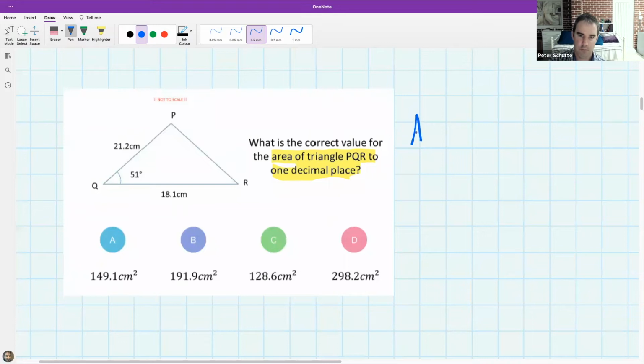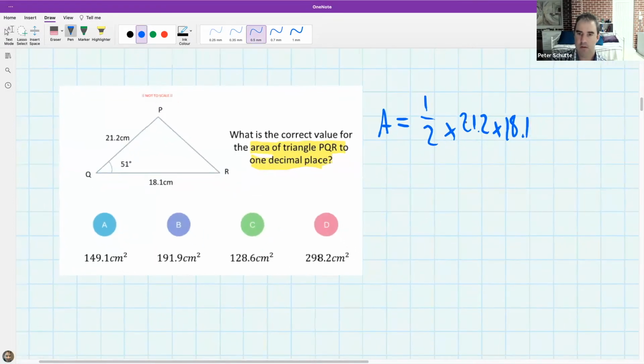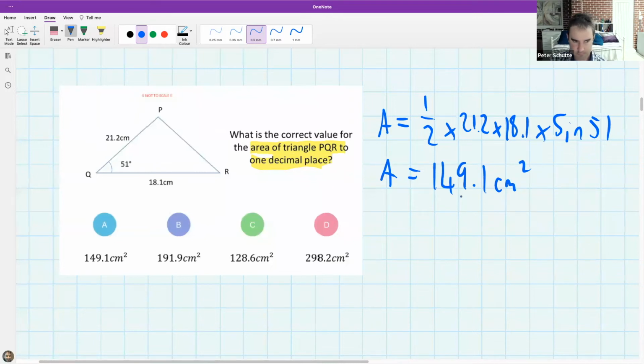So where would we start? So a half times 21.2 times 18.1 times the sine of 51. And I can see that all of you guys are getting 149.1 centimeters squared, which is option A. So the good news is whenever you have to find the area of a triangle now,